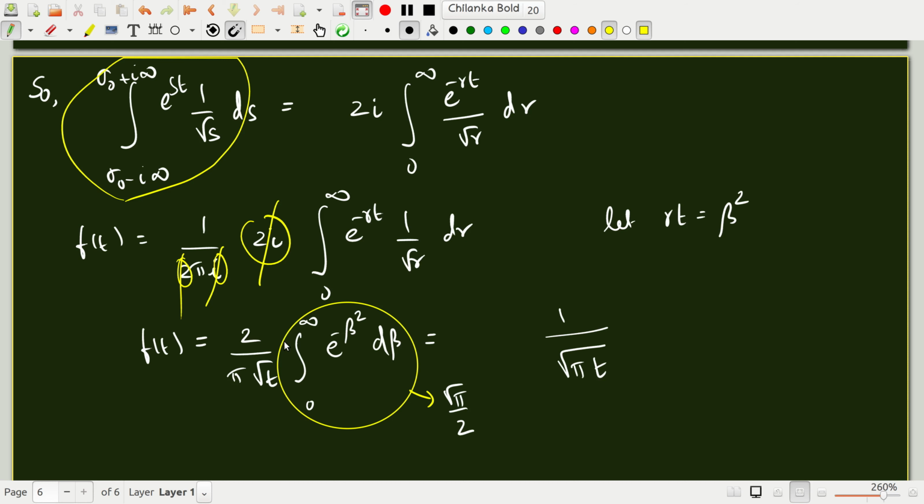root. Okay, so the 2i gets cancelled, so this 2 goes away. I'm sorry, this is 1. So there is, let's neglect this. So this